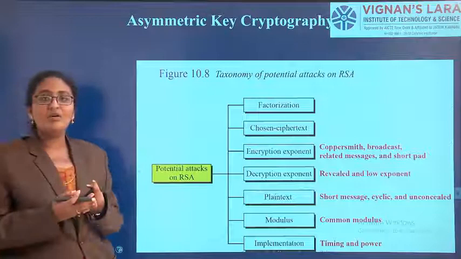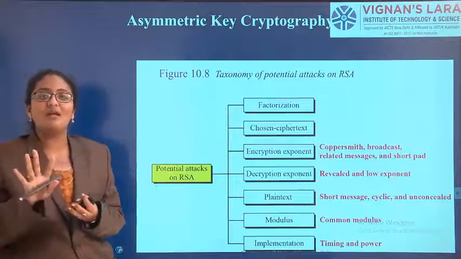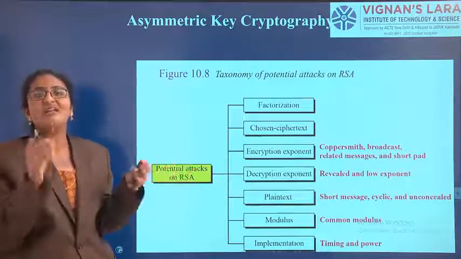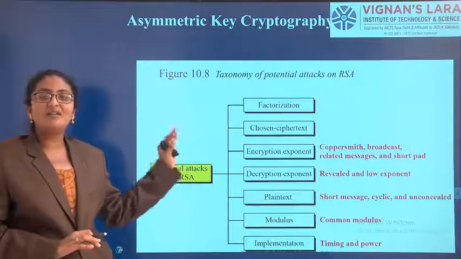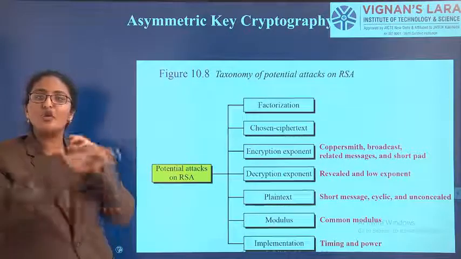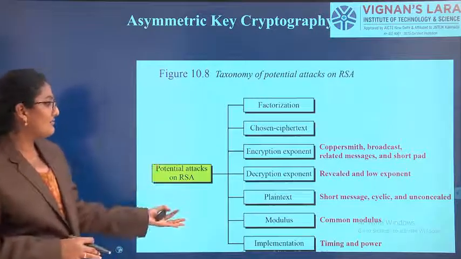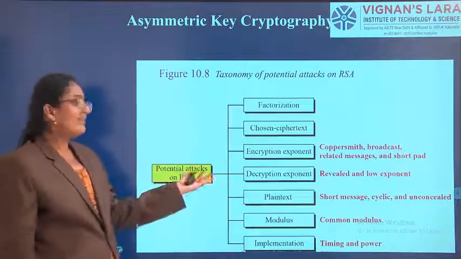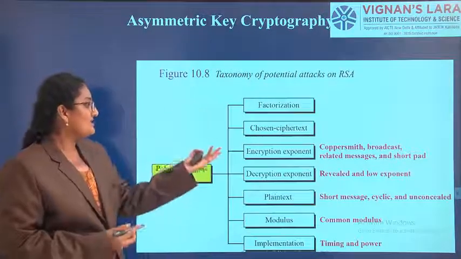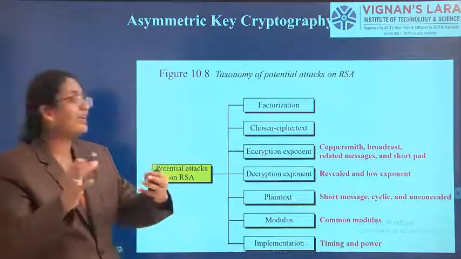Likewise, RSA met the requirements given by Diffie-Hellman, but it does not meet all the requirements of the world. Diffie-Hellman just gave some requirements. RSA will undoubtedly meet them, but RSA is not the highest algorithm either; it also has some drawbacks. The drawbacks are nothing but some implementation problems. Since we are talking about mathematics, we have some factorization problems, chosen ciphertext, and chosen plain text. Somebody can attack only on plain text, somebody can attack only on ciphertext.